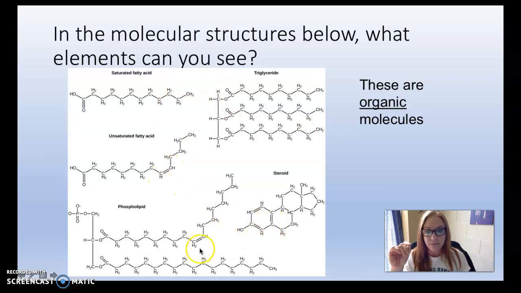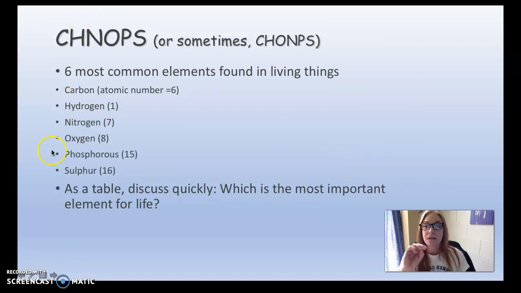What else do we have? We have some O's, those are oxygen. Okay, so these are all representations of molecules, how they're put together, and these are all organic molecules. We have fats, phospholipids. This is another fat. These are steroids, which is a kind of fatty acid. Okay, so these are all organic molecules made of carbon, hydrogen, and oxygen. So that's 3 of those letters. The other 3 are